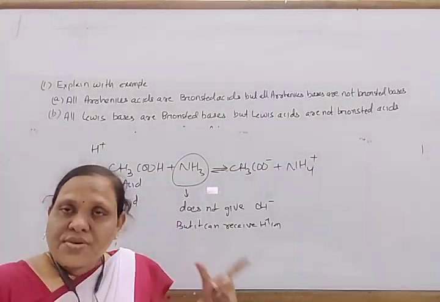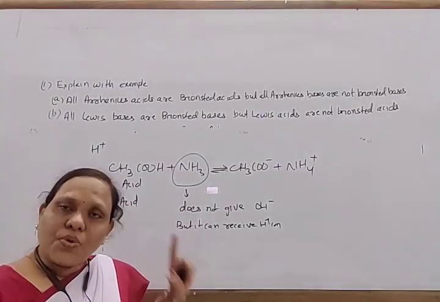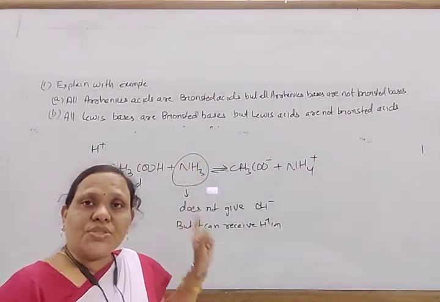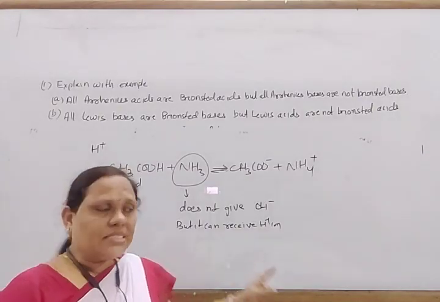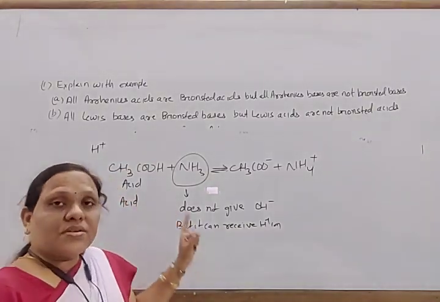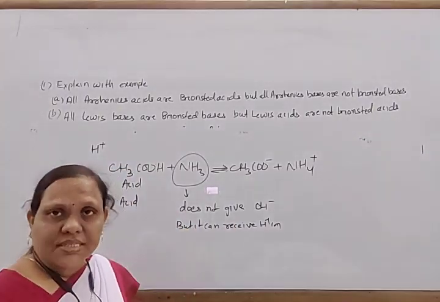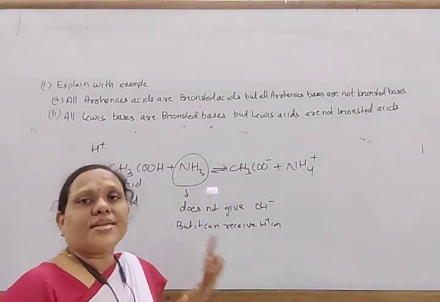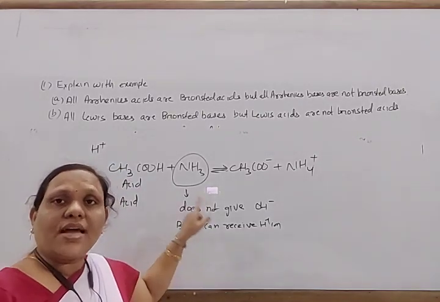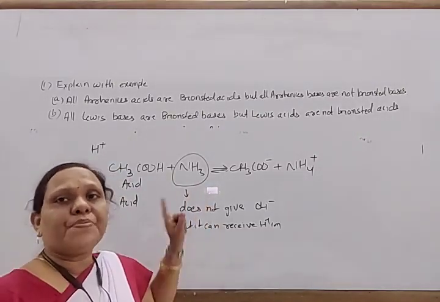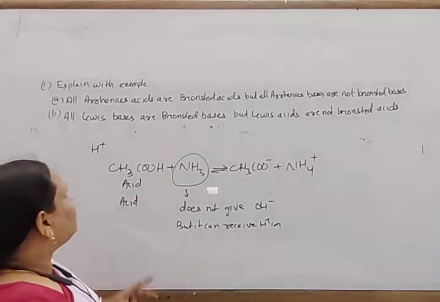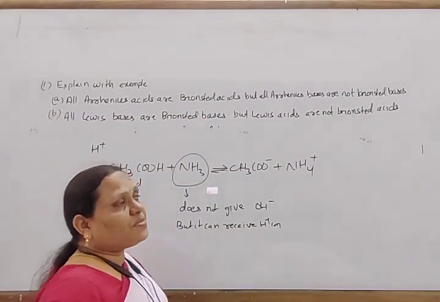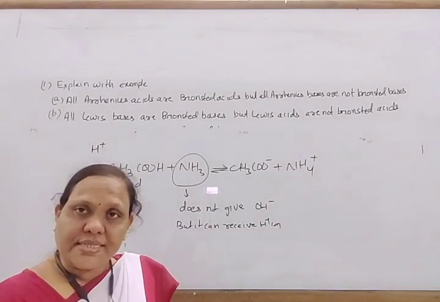So the concept of acid is the same, as both give H plus ion, but according to Arrhenius, any species which gives OH minus ion is known as base, but according to the Bronsted concept, which receives H plus ion is known as base. Here ammonia cannot give OH minus ion, but it can receive H plus ion. Hence, it is not an Arrhenius base, it is a Bronsted base. Okay. So hence the statement is: all Arrhenius acids are Bronsted acids, but Arrhenius bases are not Bronsted bases.